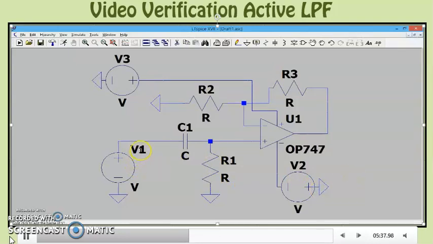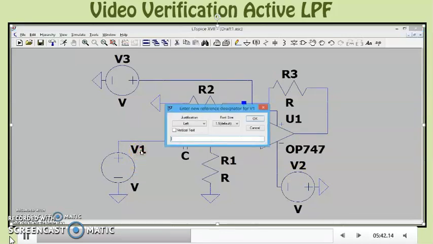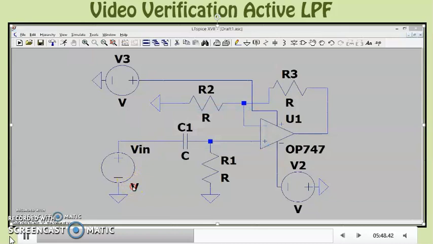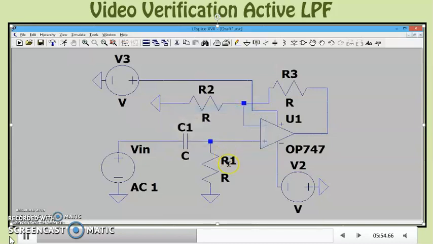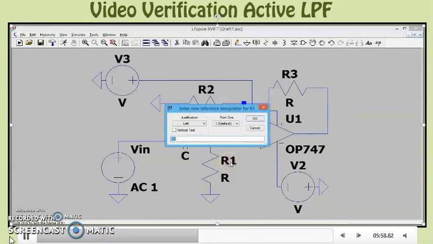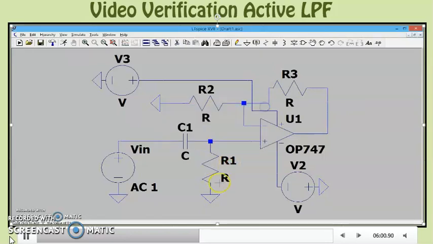Now we are almost done with the construction. Now we'll rename and set the values. I'll rename this voltage as V input. Since we are supposed to do the AC analysis, I'll keep this as AC1. The value of R1 is supposed to be set.